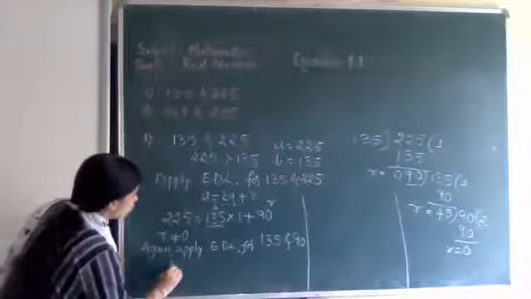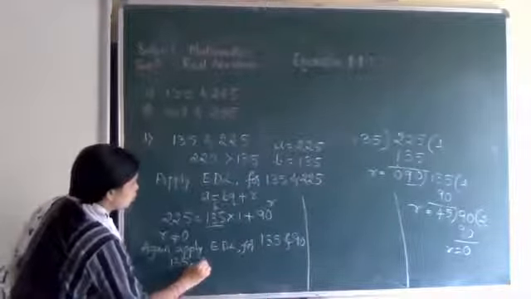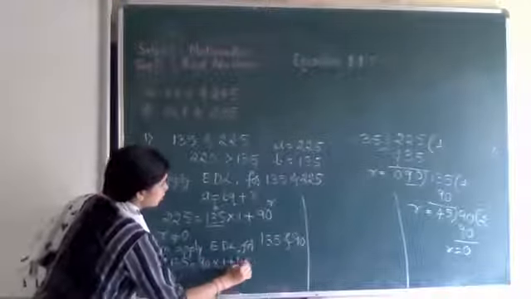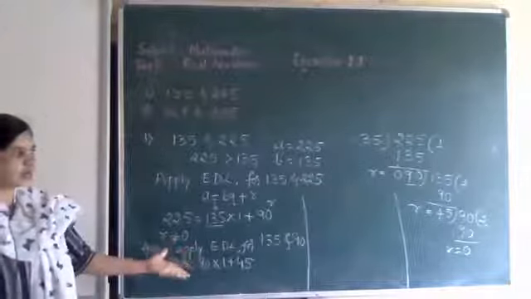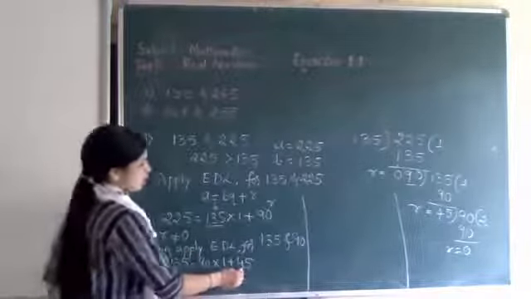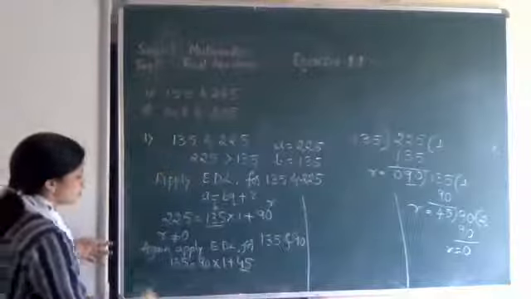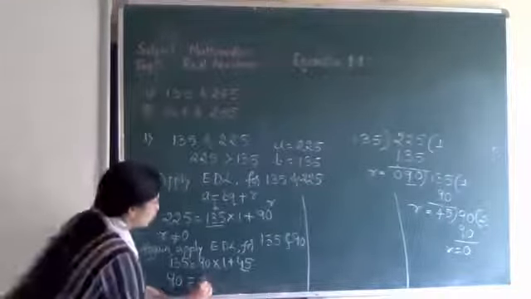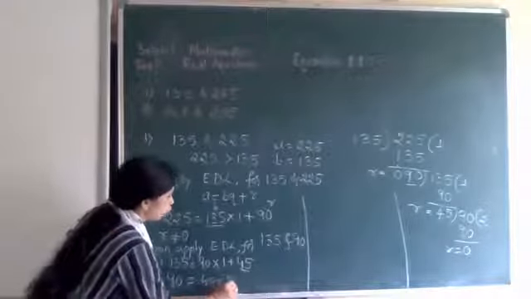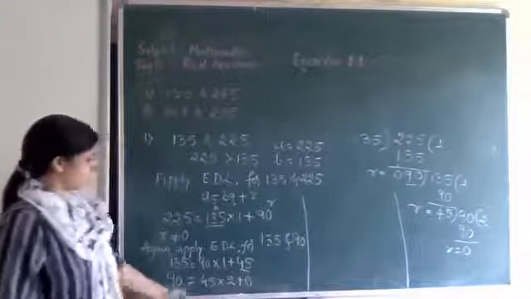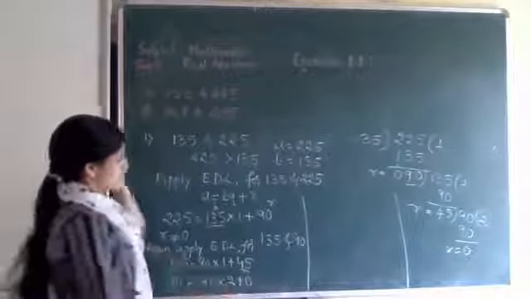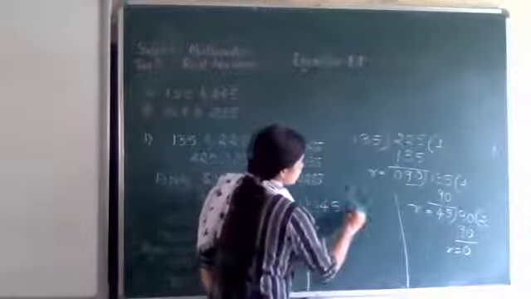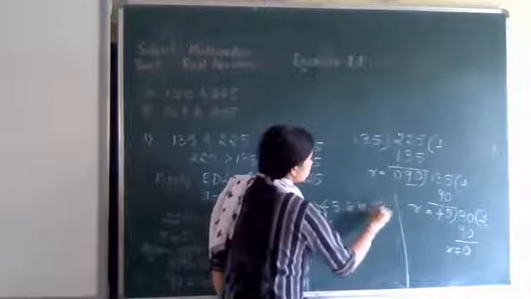How much do we get? 135 is equal to 90 into 1 plus 45. Again we have to apply Euclid's division lemma because R is not equal to 0. That is 90 equal to 45 into 2 plus 0. Here what did we get? 45 is the HCF, therefore